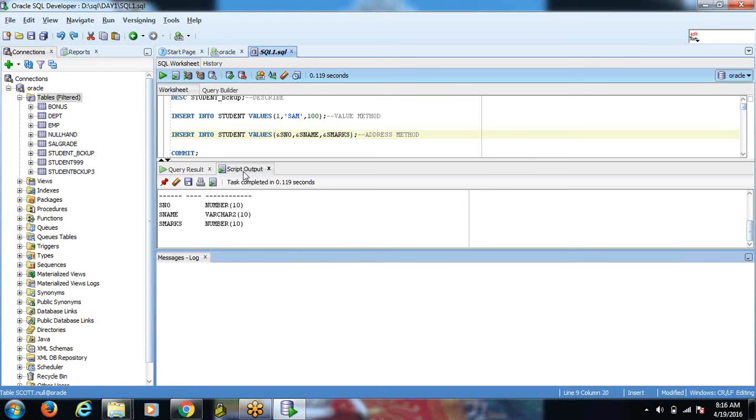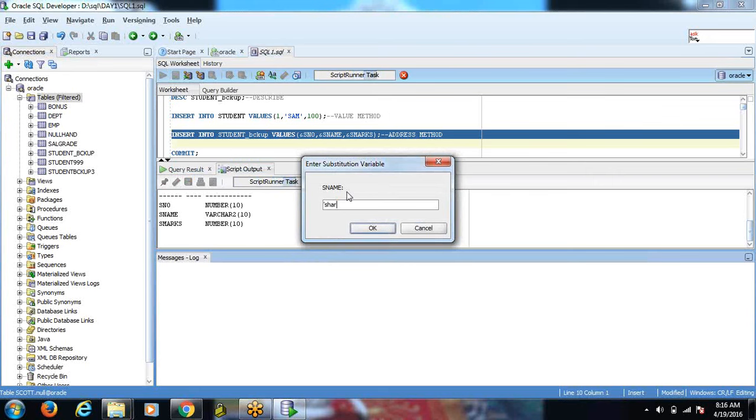Suppose for student backup, if I want to enter the values, I can directly give the values like this, or else I can execute the statement like this, such that it will ask to enter the student number. In such a way I can enter some student number, and as name some Sharif, and mark some 99.